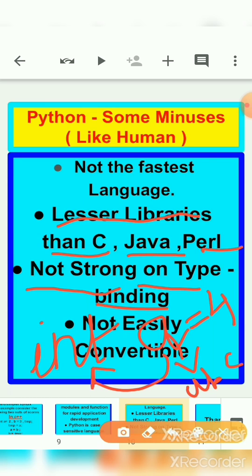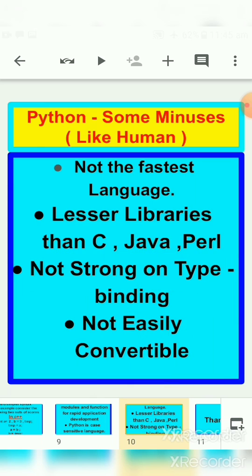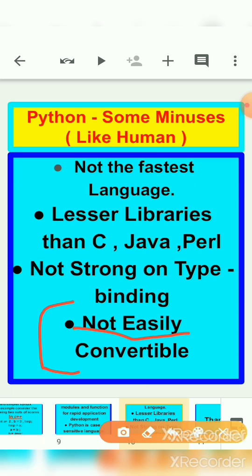Okay, now let's talk about the last disadvantage of Python: not easily convertible because of its lack of syntax. Python does not have strict syntax, meaning proper formulas are not there in Python. Python is an easy language to program in, but this advantage has a flip side too.